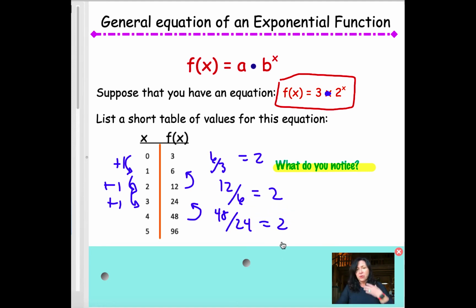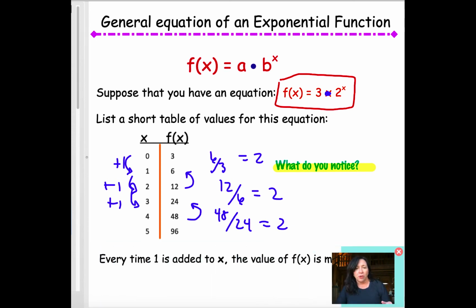24, also 2. So what you're looking at is this, that every time that 1 is added on the left, the value of f of x is multiplied by a constant 2. And so that is your add multiply property. Boom. If it's add multiply,